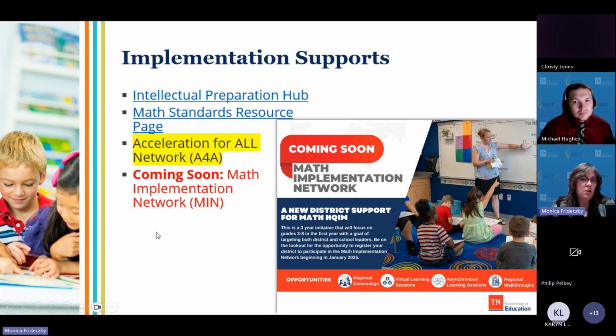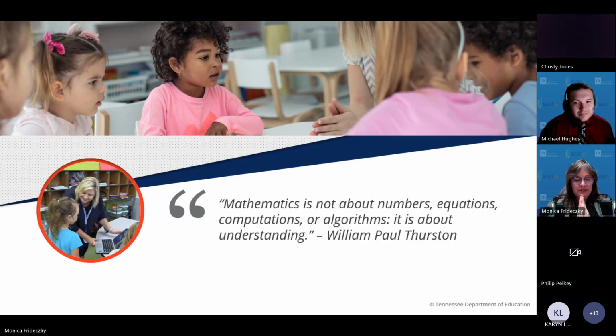This Acceleration for All network is highlighted in yellow. I know that's something that's happening right now with ELA and SPED, but that will be coming for mathematics and SPED as well. Another thing that's coming soon is the Math Implementation Network. I know many of you might be familiar with the Literacy Implementation Network. This will not be exactly the same, but it will be somewhat similar to the LIN. But instead it will be the MIN. I don't know how, it sounds like I'm saying men. Okay. Leaving you with one final